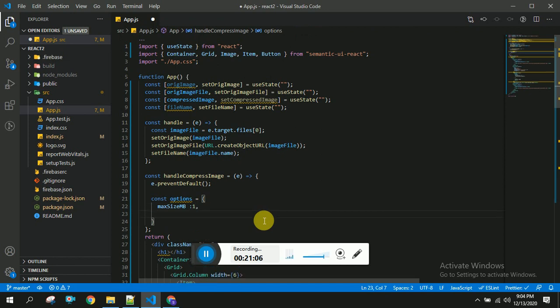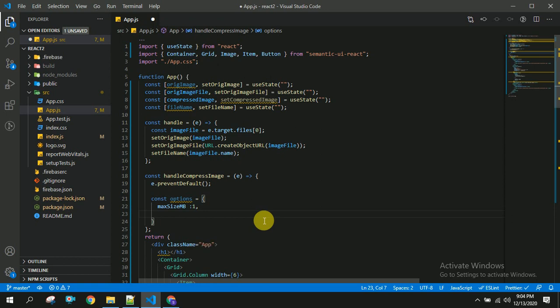So we can say this as minimum image size you have to select. So the next thing is maximum width or height. This should be 500. And the next one is use web worker. I am setting this to true.